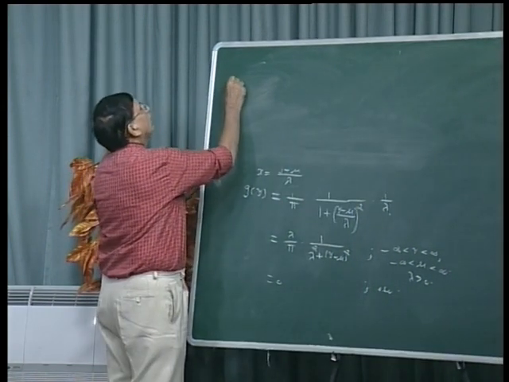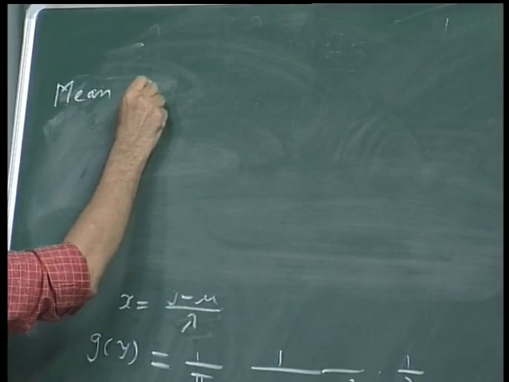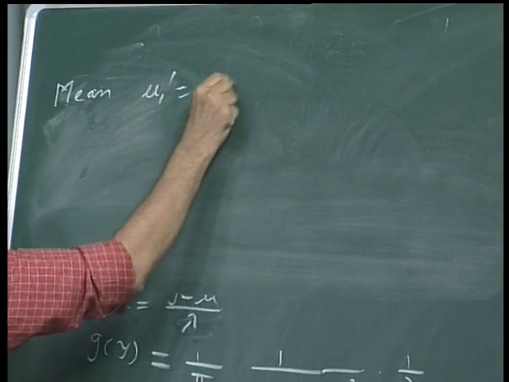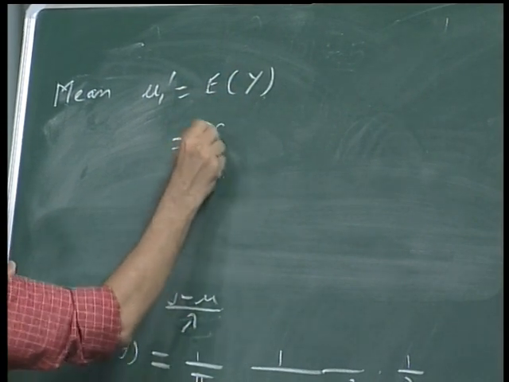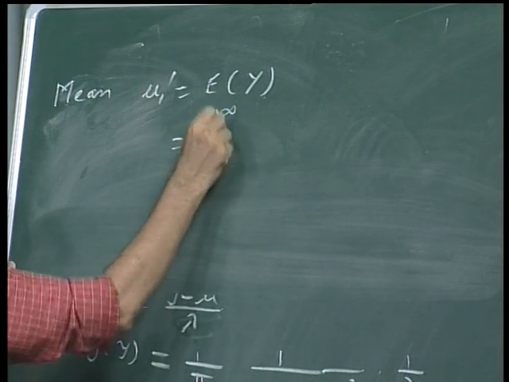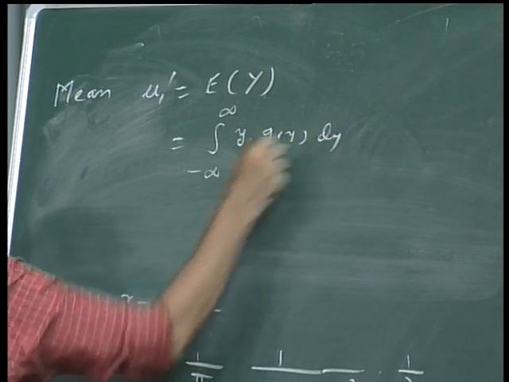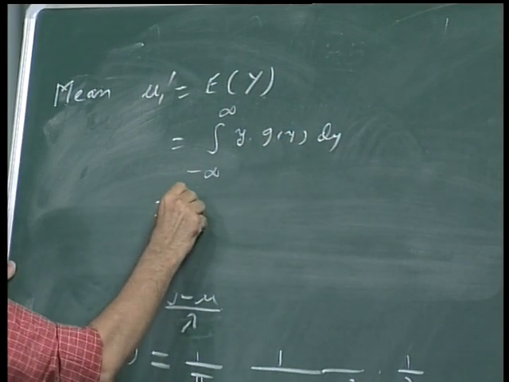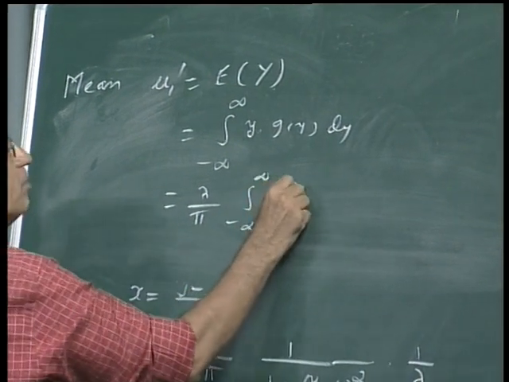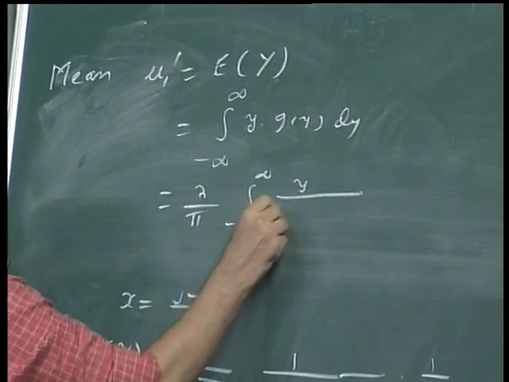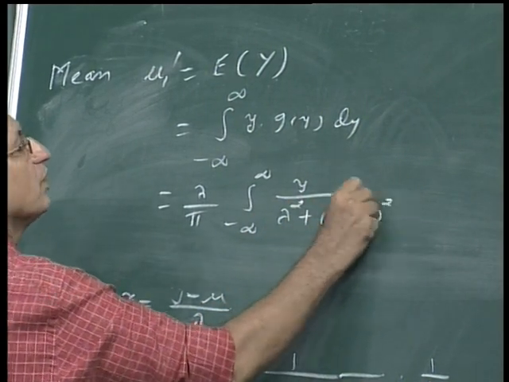So if we want to find the mean, say mu dash, that is expected value of y, that is integral over the total range from minus infinity to infinity, y g(y) dy is equal to lambda upon pi integral y upon lambda square plus (y minus mu) square